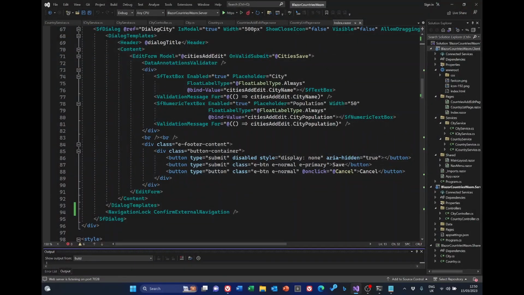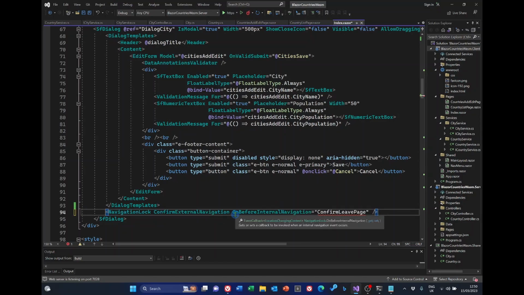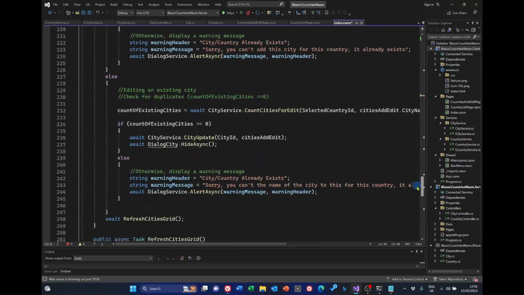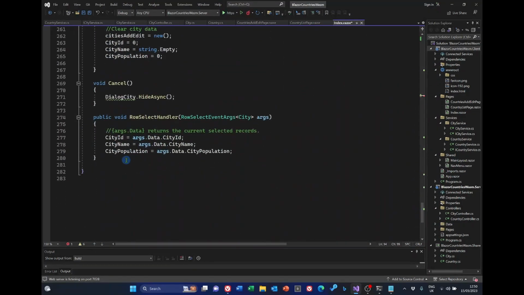This is relatively simple. All we need to do is change this navigation lock tag so that we've now got on before internal navigation, and if that happens we want to call a new method called confirm leave page, and I'll add that to the end of the code,